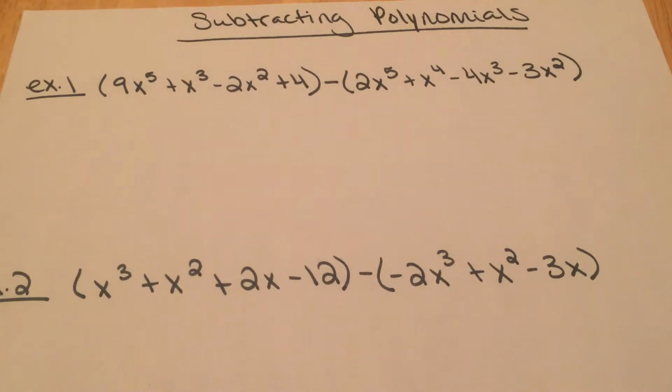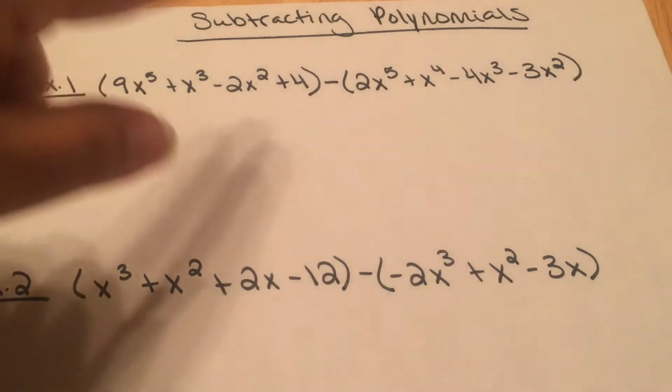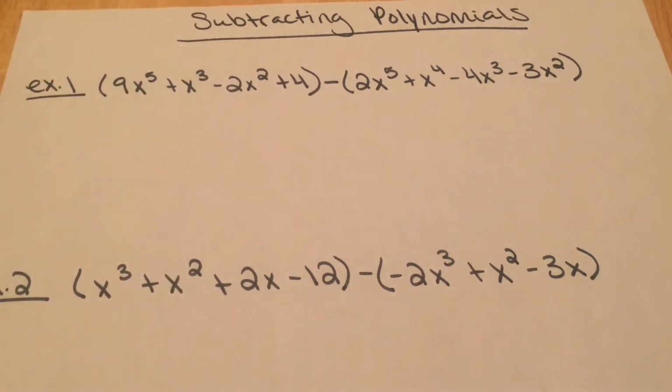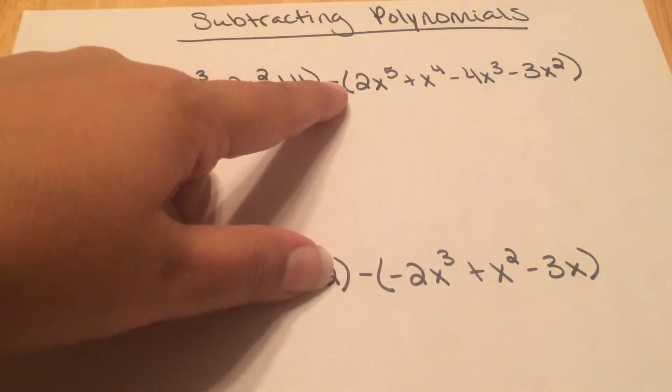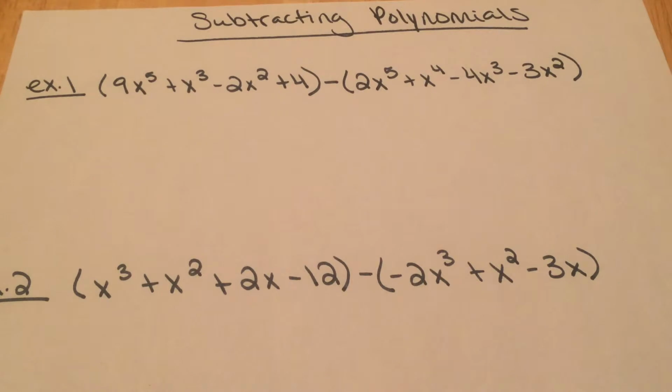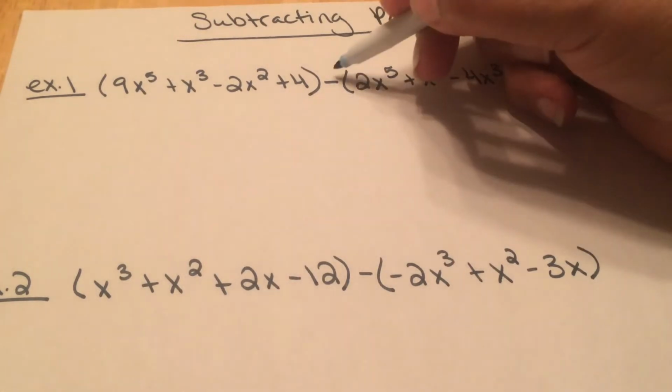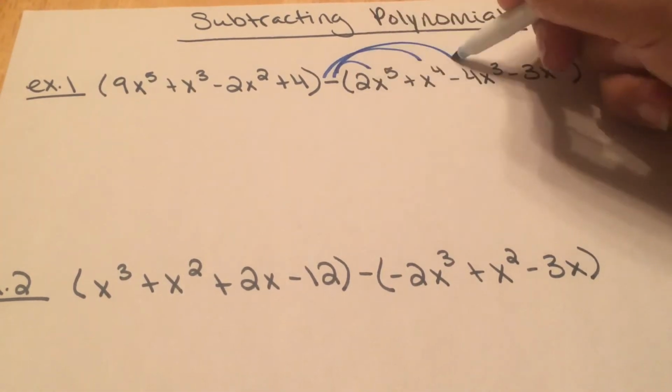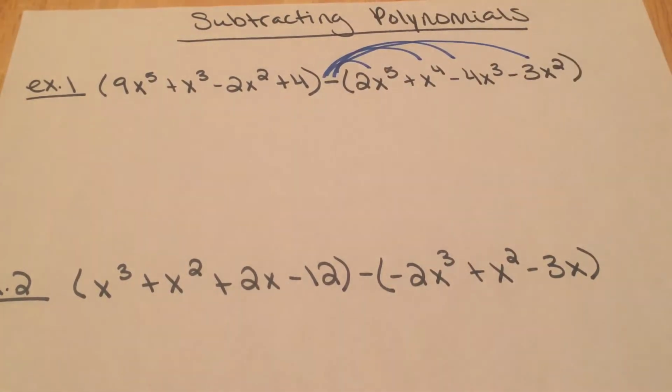So what we're going to do is just solve these the same way. We do want to do one of two things. We can either rewrite our problem, which is what I'm going to do, or we have to be very conscious of that subtraction sign every time we subtract. So I'm going to go ahead and distribute this negative. This is what we would do if we were simplifying expressions, and rewrite my problem just so I can see